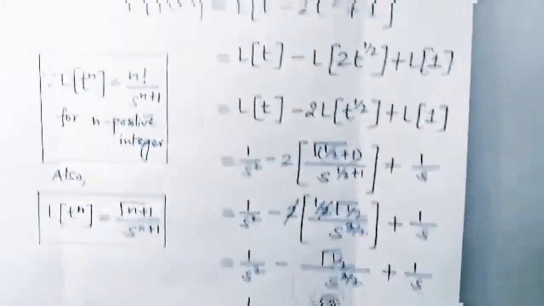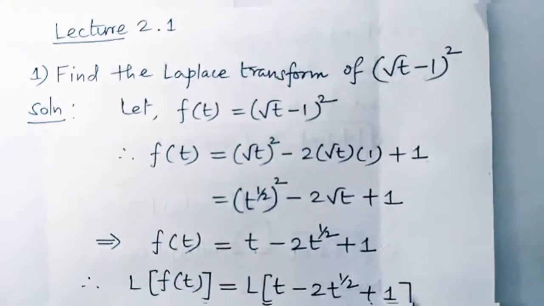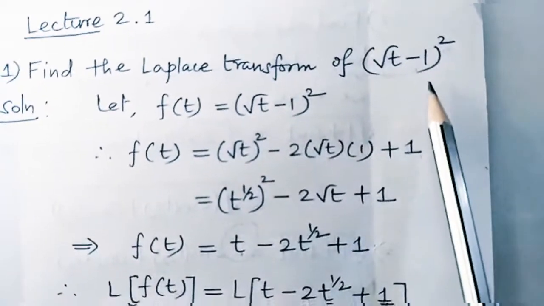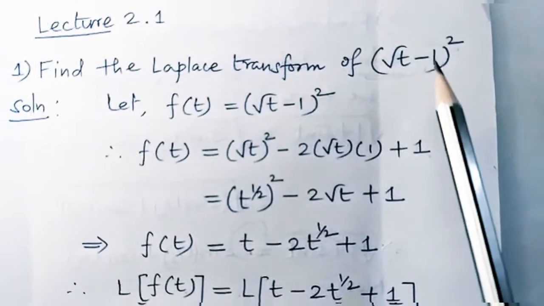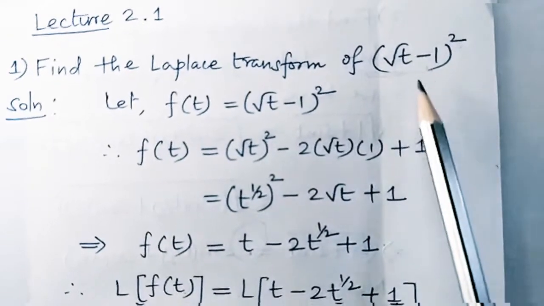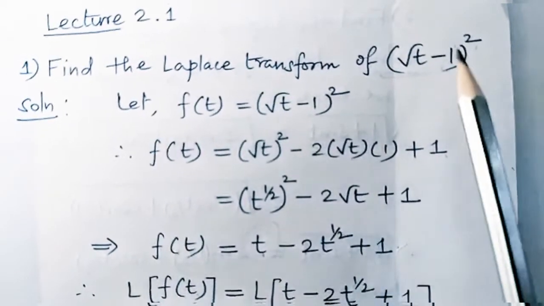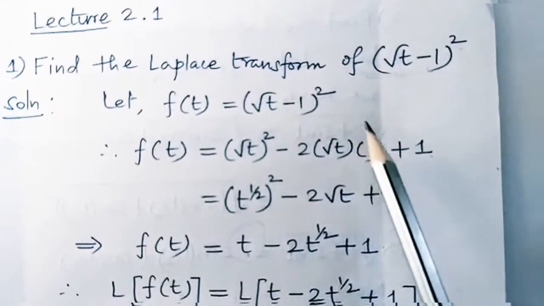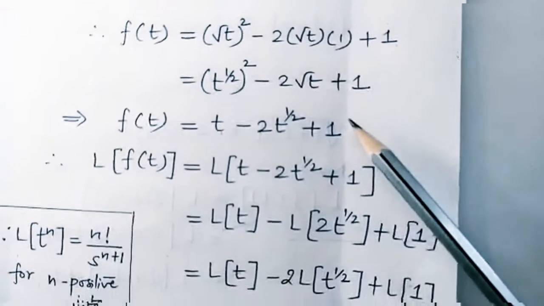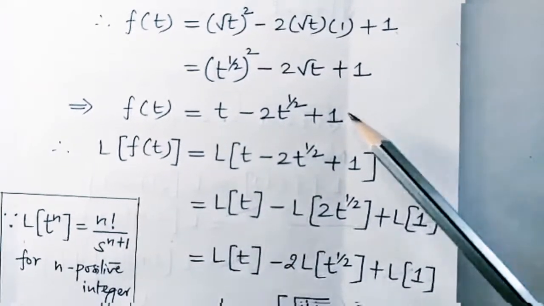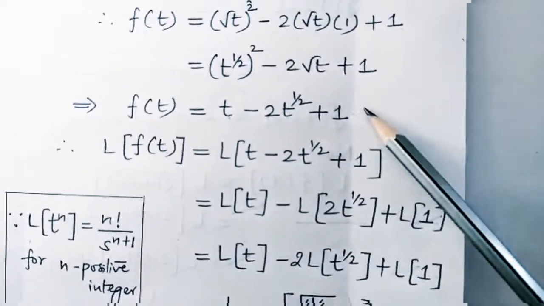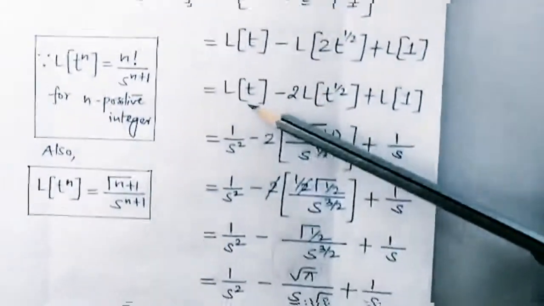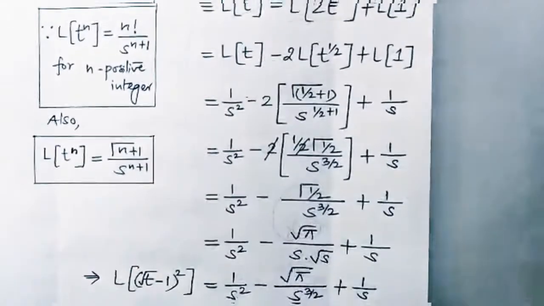So what is the observation in this particular problem? Initially the problem was given in this particular way, and we observed that the direct linearity property is not possible to apply, so it requires a simplification. Accordingly we simplified and brought it into a standardized form in such a way that the Laplace transformation can be applied with the help of the linearity property, and the rest is simplification. Okay, let's see the next problem.